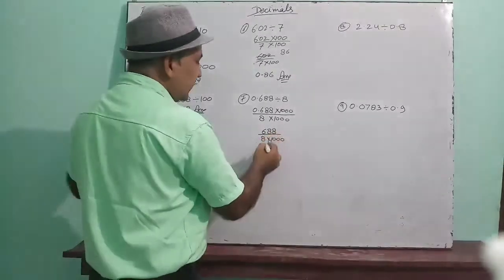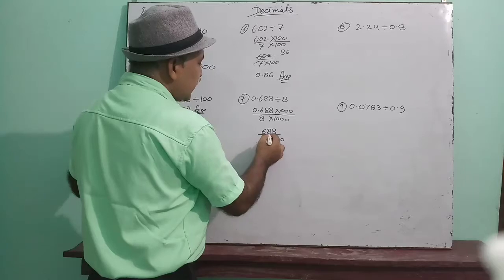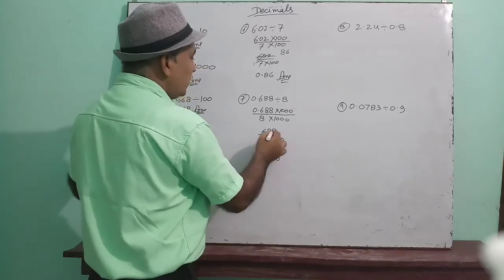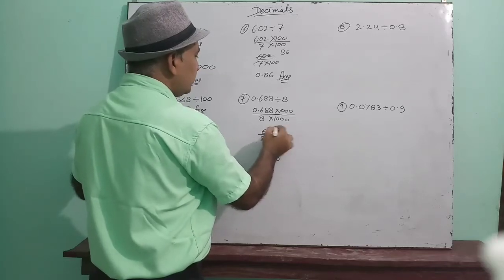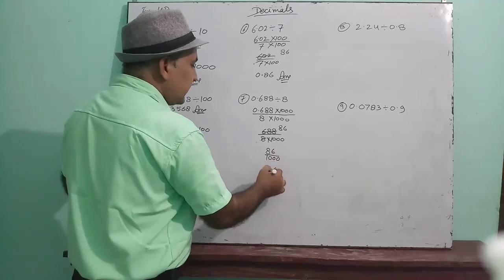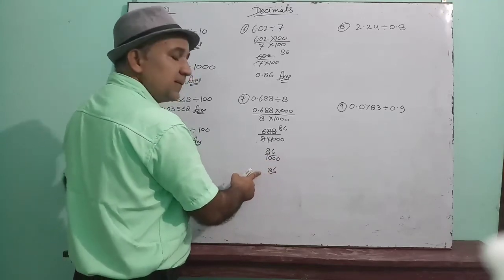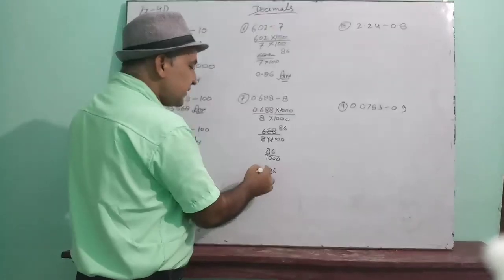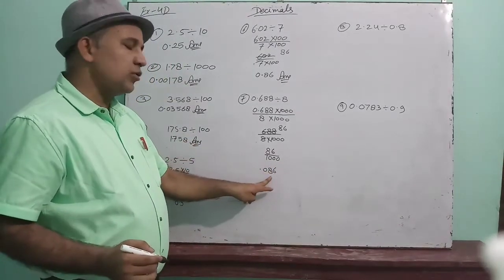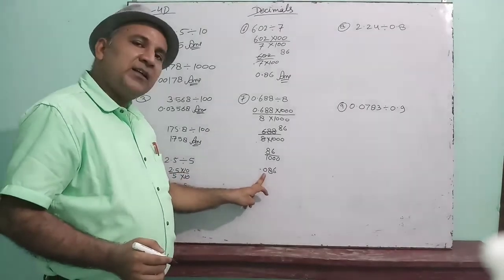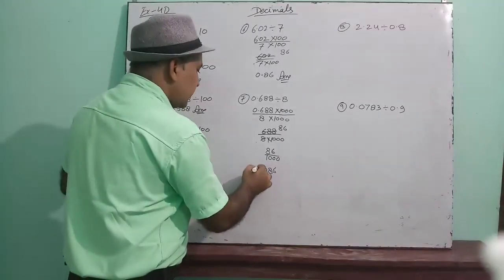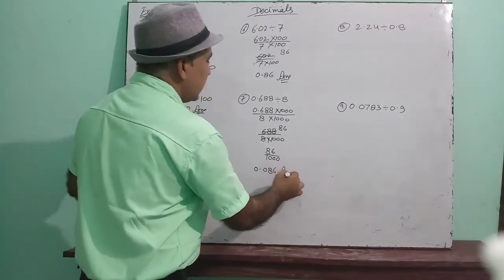Now divide by 8. 8 into 8 is 64, 8 into 6 is 48, that means 86 upon 1000. Now when 1000 divides any number, then the decimal is put after 3 digits. Say here, in the 86 only 2 digits are there, so 1 zero on the left-hand side will be added, then after that we will put the decimal. So add 0 and that will be your answer.